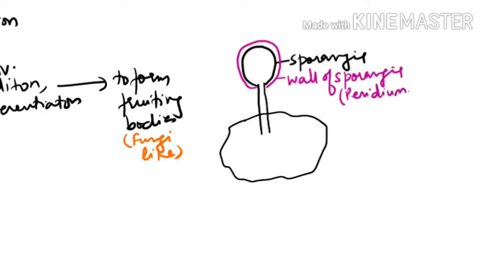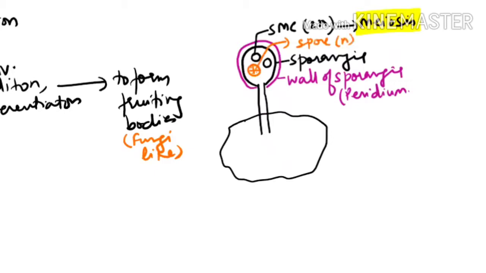And inside this you will find spore mother cells. These are spore mother cells. Spore mother cell, ploidy will be 2N, which will undergo meiosis. It means they are showing sporic meiosis. Please understand, they will show sporic meiosis to form haploid spores. I'm drawing it this way. I hope you can understand. These are the spores which are made. The spores are made by the process of meiosis.